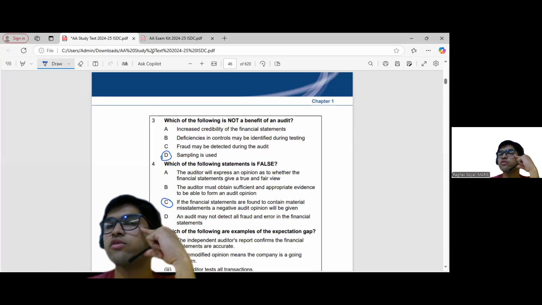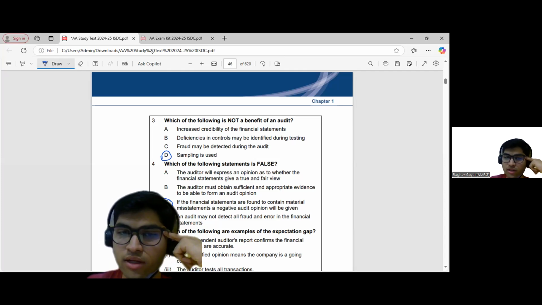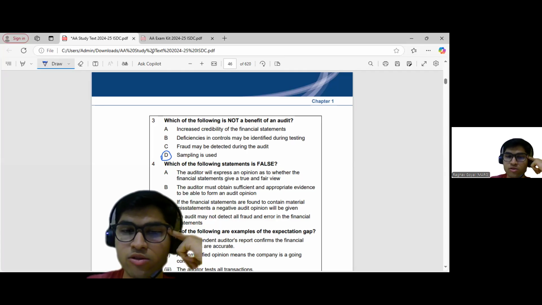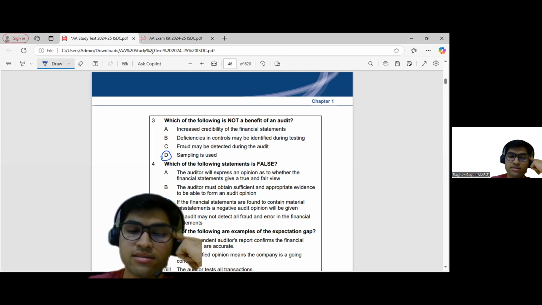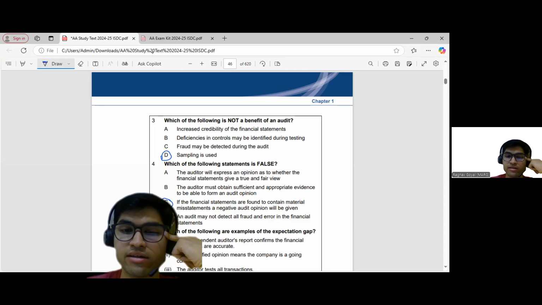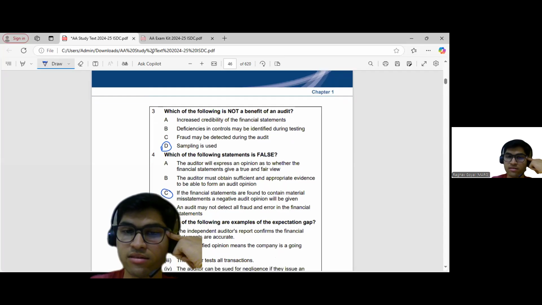So a good tactic for MCQs, as you may be aware, is the elimination tactic. So let's say I read all these options. I was able to figure out that this is true, this is true, this is true. So I'm just left with C and I don't even have to think about anything else and I can simply mark it C. And after reading it, you get a certainty that yes, this is the right answer.